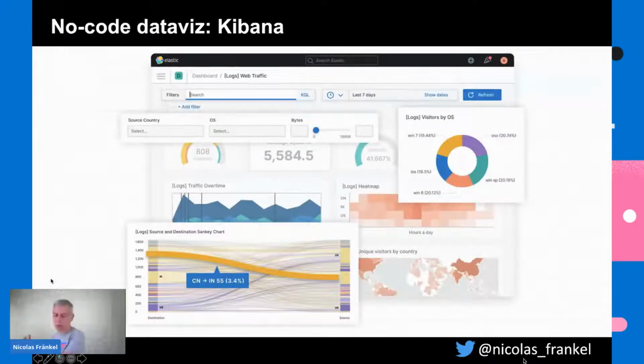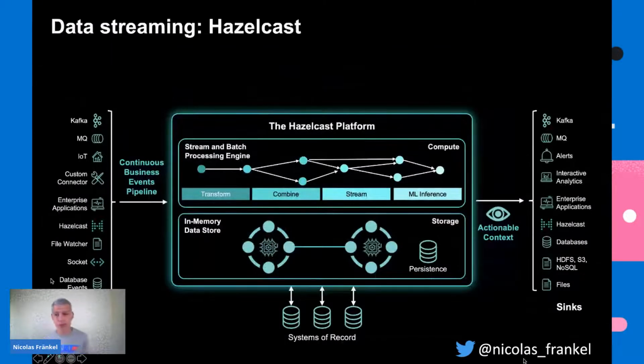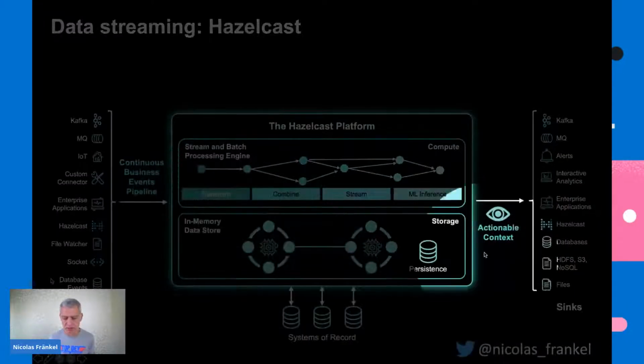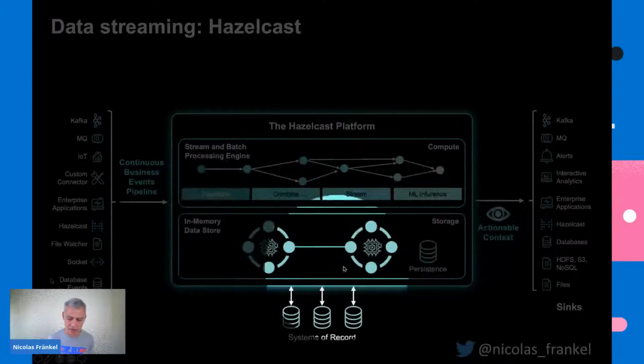On the data viz part, I have Kibana. Kibana is actually a no-code or very low-code platform. It allows me to have a lot of widgets that I can explore my data on. The only thing that I need is to get the data. There are a lot of solutions, but I work for a company called Hazelcast, so I will use Hazelcast for that. If you are Java developers or developers on the JVM, you may have already heard about it. In general, people know us because of our in-memory data grid. That's one big part of Hazelcast.